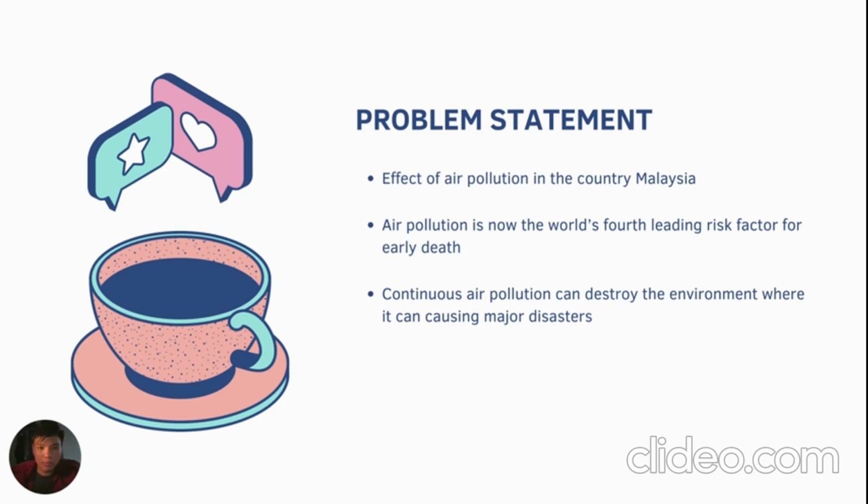The second is air pollution is now the fourth leading risk factor to early death. Air pollution mainly affects those living in the huge urban areas, which contributes to the most degradation of air quality. The main cause of this is the emission of dirty smoke by industry directly into the air through factories, motor vehicles on the road, cigarette smoke, open burning, and volcanic eruption.